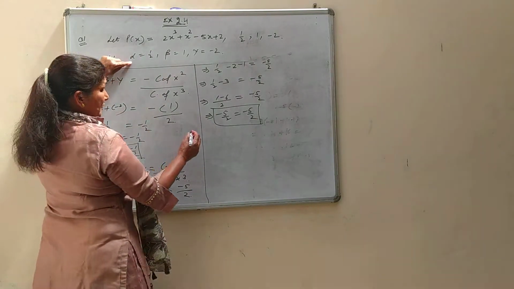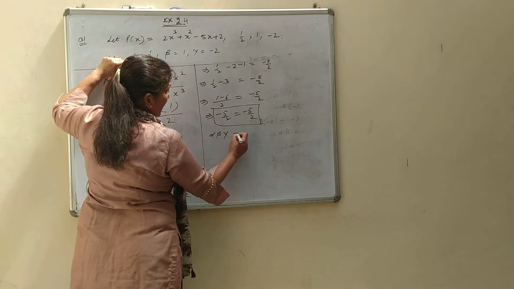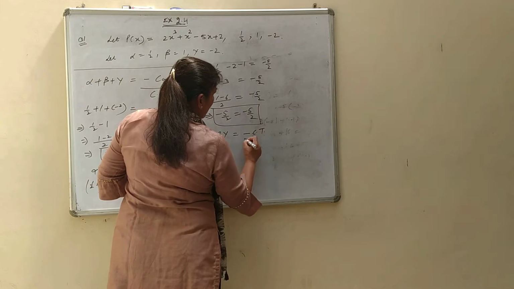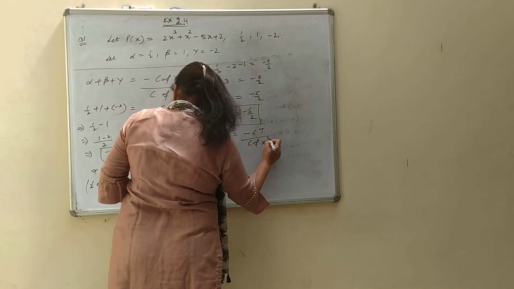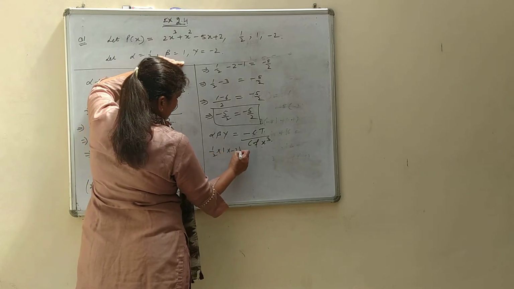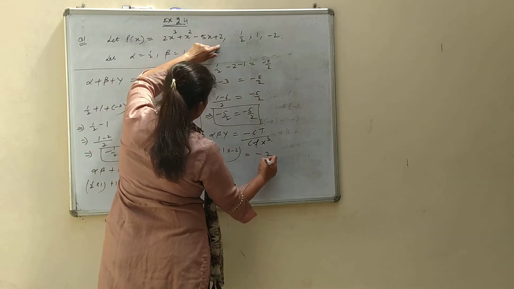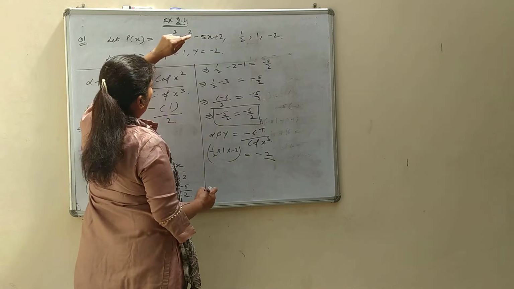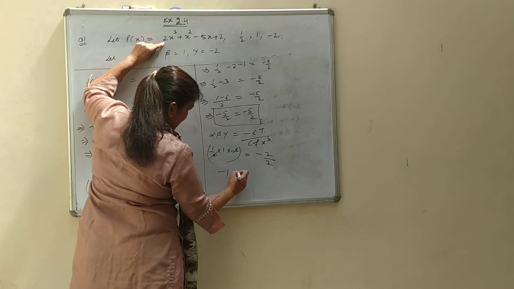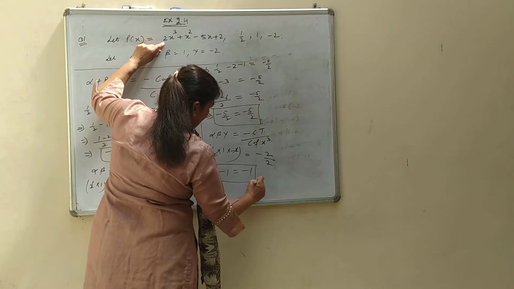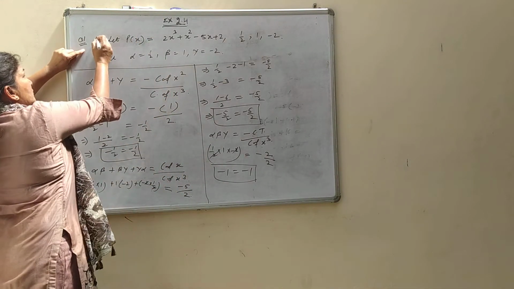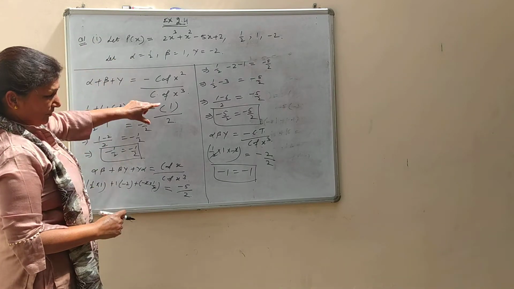Now third one is product of zeros taken 3 at a time. Alpha beta gamma is equal to minus constant term over coefficient of x cube. Alpha 1 by 2, beta 1, gamma minus 2 is equal to minus constant term. Here constant term is 2 over coefficient of x cube is also 2. Cancel 2 with 2, minus 1 is equal to minus 1. Left hand side is equal to right hand side. Hence verified. This is the first part of first question. On the basis of this question, second part will be your homework.